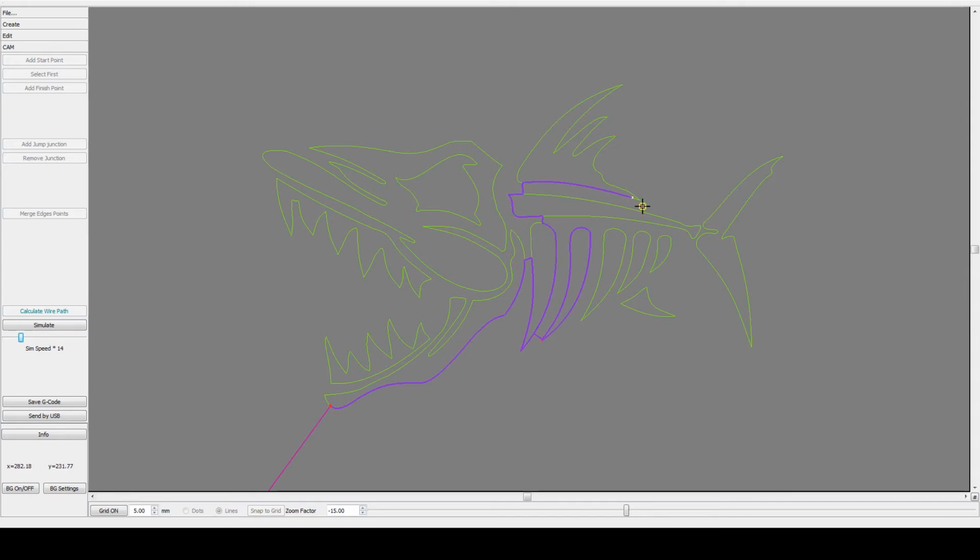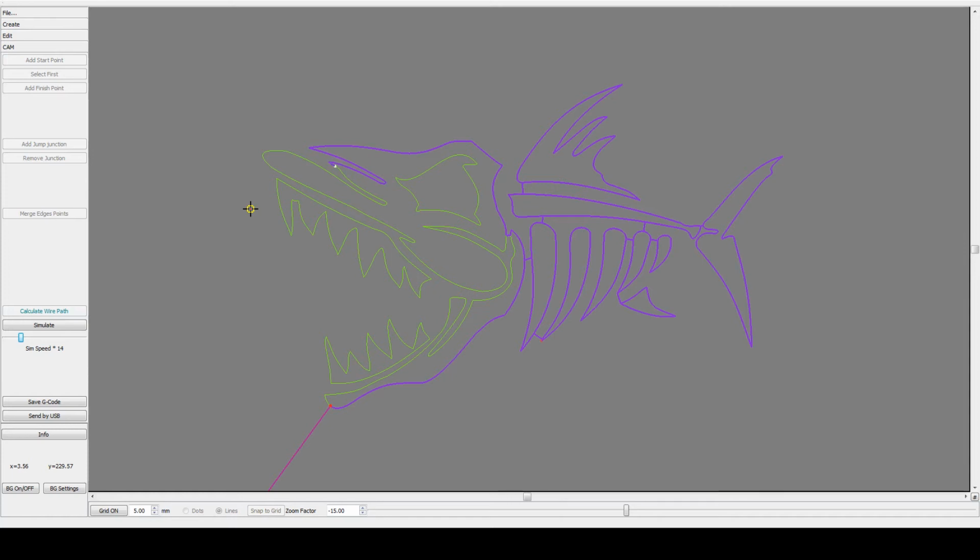See, all the green lines are cut in one direction, and the wire leaves that line and never comes back to it, only to the jump points, where it comes back exactly through the same space. That red line here was generated twice. Of course, the cut might look okay, but the major thing with a wire cutter is to avoid as much as possible the double cuts, meaning double passes of the wire in the same space of the material. Okay, so when the simulation stops,